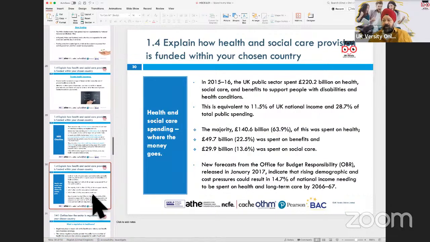Then we also look at a majority of this funding coming across from local authority funding, which is primarily the council tax that you pay. So I don't know how many of you have ever looked at your council tax bill, but if you look at the council tax bill and the breakup of that bill, you generally see that particular